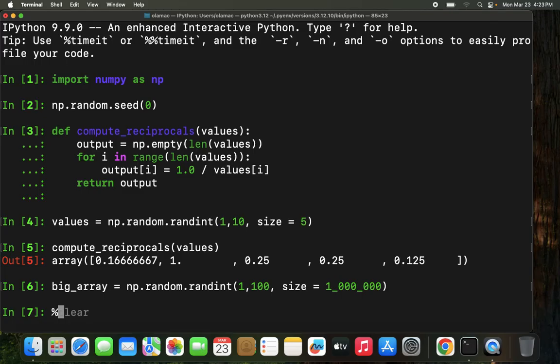So we can do timeit. When we do timeit, we can invoke our Python function, compute reciprocals. And for the values, we're going to pass this big array in there. If this runs, we should get the time it takes to perform the operation. So now we can do big array, which is going to be our values in this case. Now if we press enter,